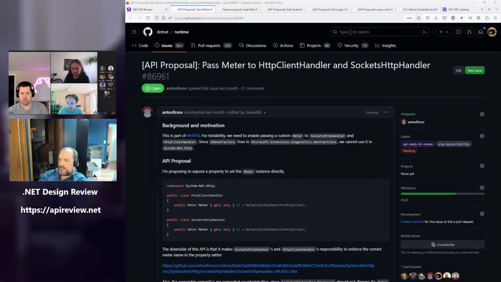Right, because if you're able to rename it, and assuming it actually showed up when you're listening to these meters out of process using something like .NET counters, presumably the usefulness seems to be, oh, I want the HTTP client stats for just my service. It doesn't seem that complicated. Why would you want that?